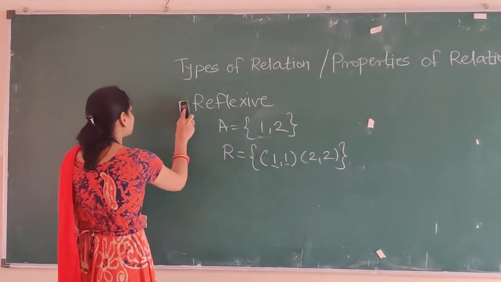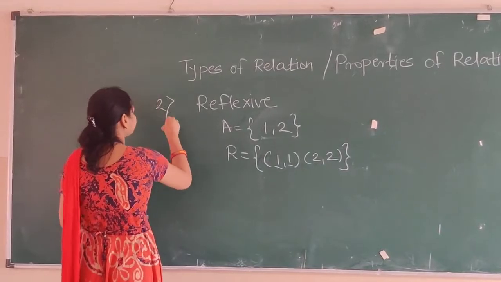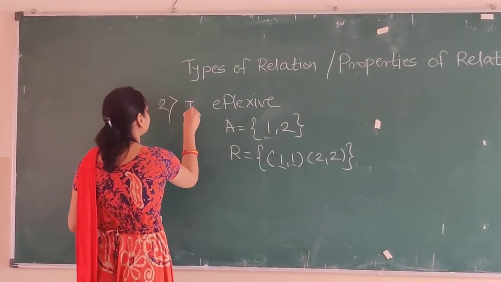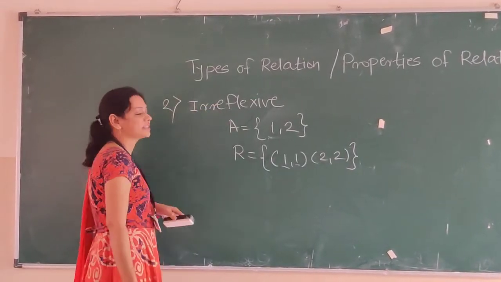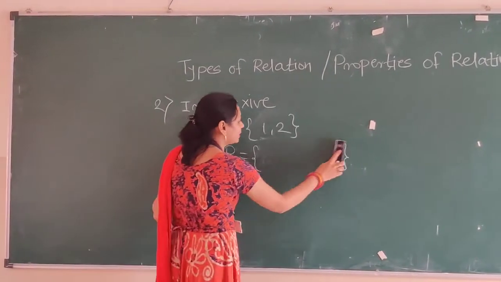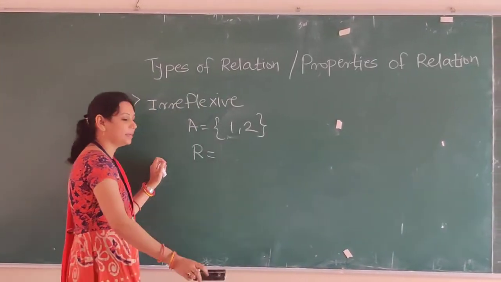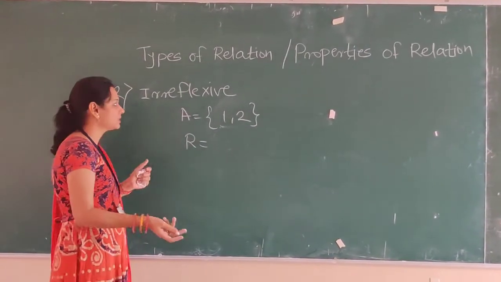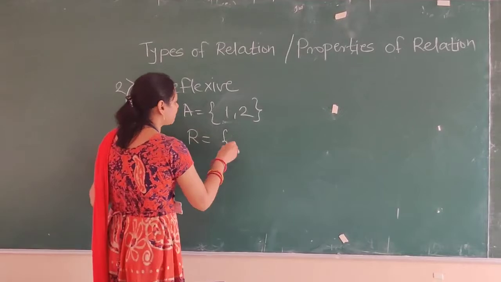Now, the second property is called the irreflexive property. As its name implies, whenever there are no mirror image elements present, then that is called the irreflexive property. Suppose we have